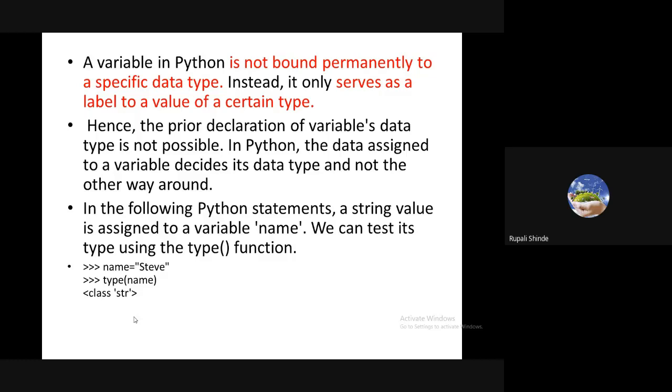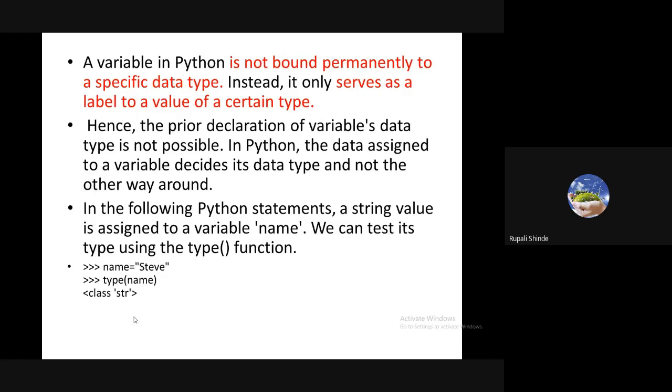Whenever we declare a variable in C, C++, C#, that means we have to assign a memory space, or the name is given to the respective memory space. And we have to store a specific type of value to that particular memory space or variable. But in Python programming, a variable is not bounded with a specific data type. So we can store different types of data into a single variable.